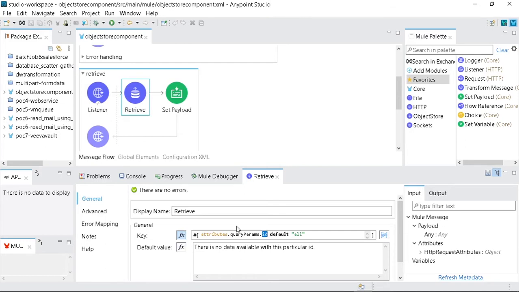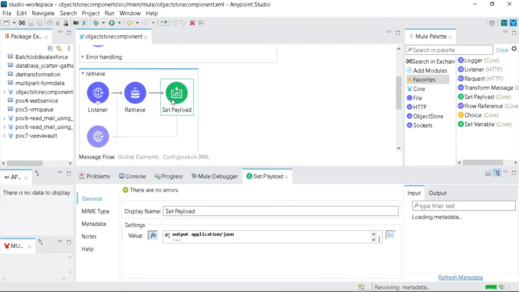For example, I have saved a value with the id as 5, and mistakenly I am providing 8, and if there is no id with the name 8, at that time it will show the default value like this: there is no data available with this particular id. So this is the default value. If that particular key is not found inside the object store, at that time it will show this default value. And in this set payload I have simply given application/json.